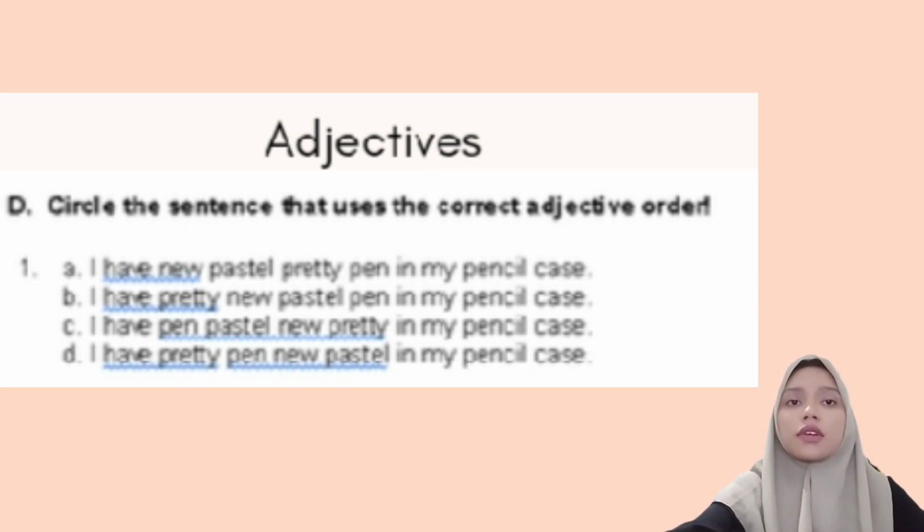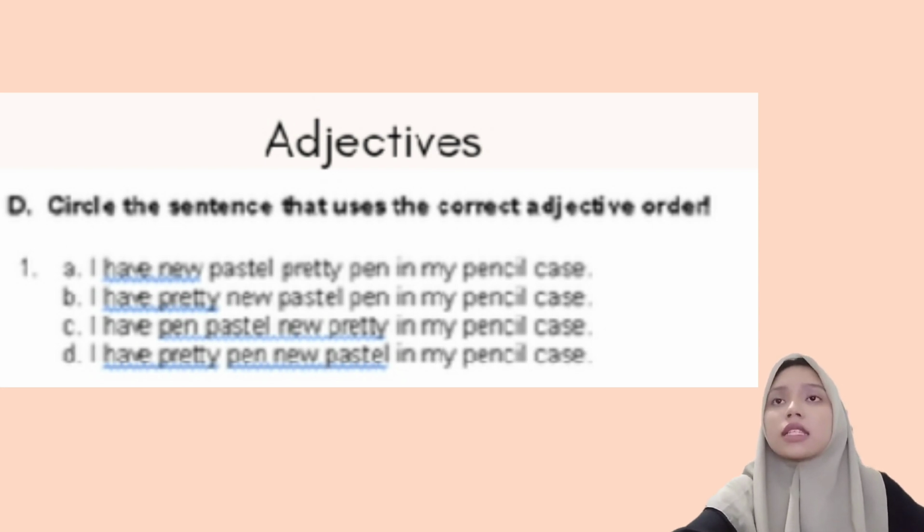Remember, in the adjective order, opinion is mentioned at the beginning. So, because here there are only age, color, and opinion, then the order, according to the adjective order, becomes opinion, then age, and the last is color. So the right answer is B. I have 3 new pastel pens